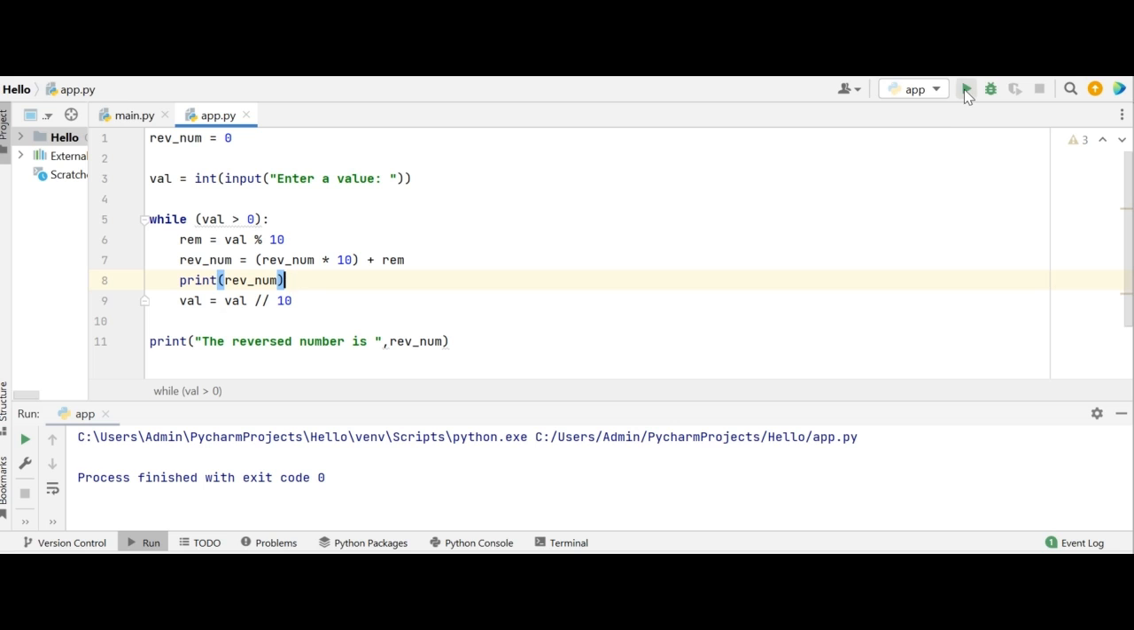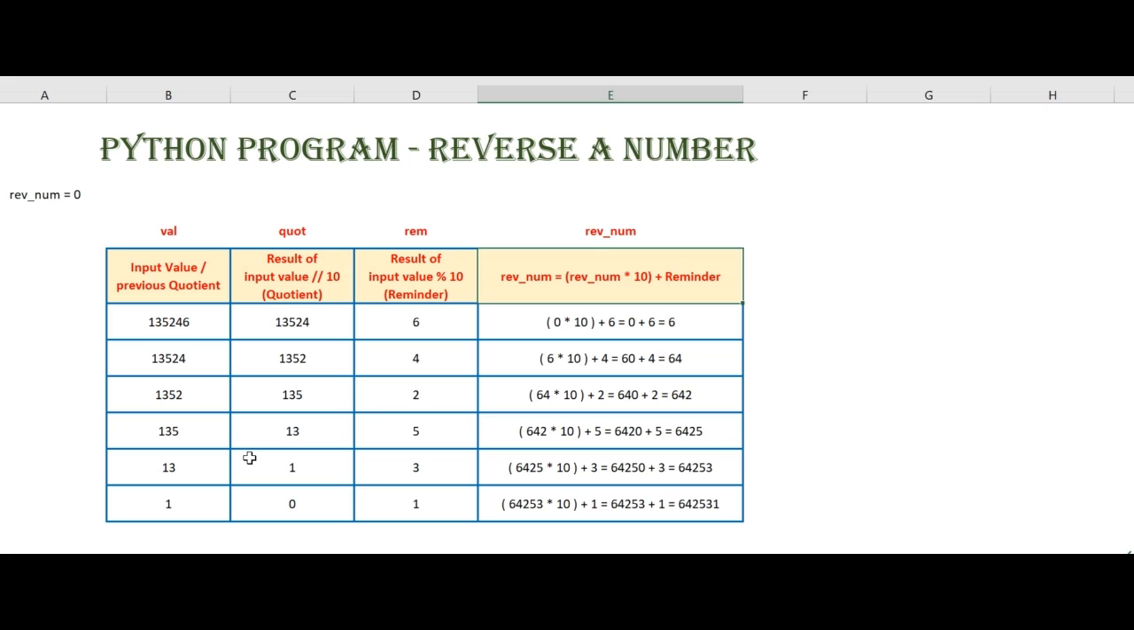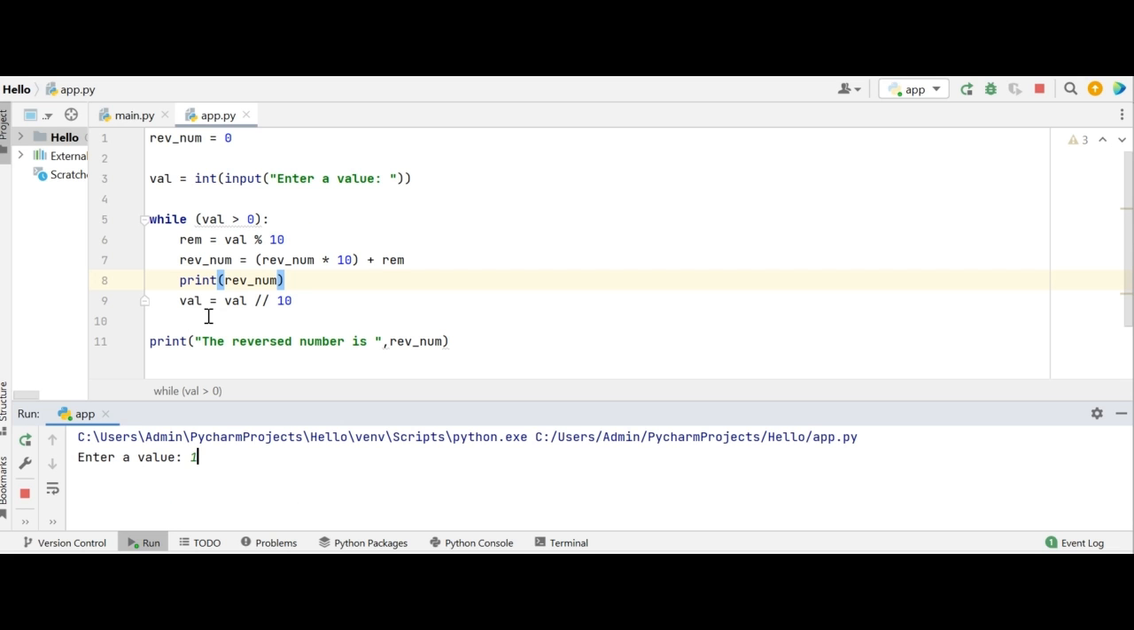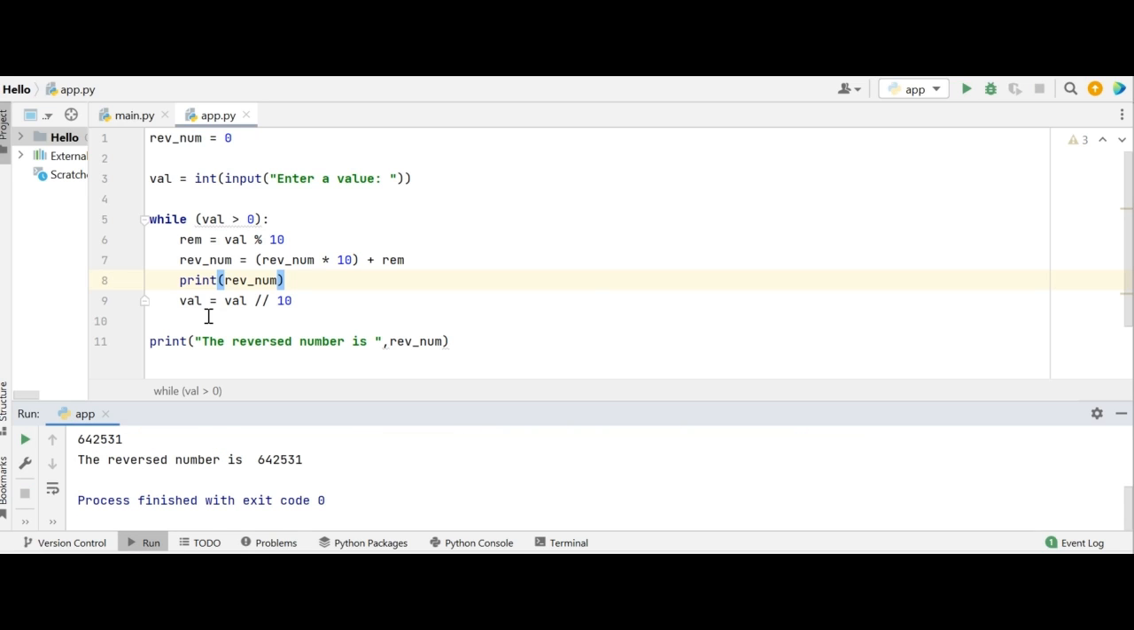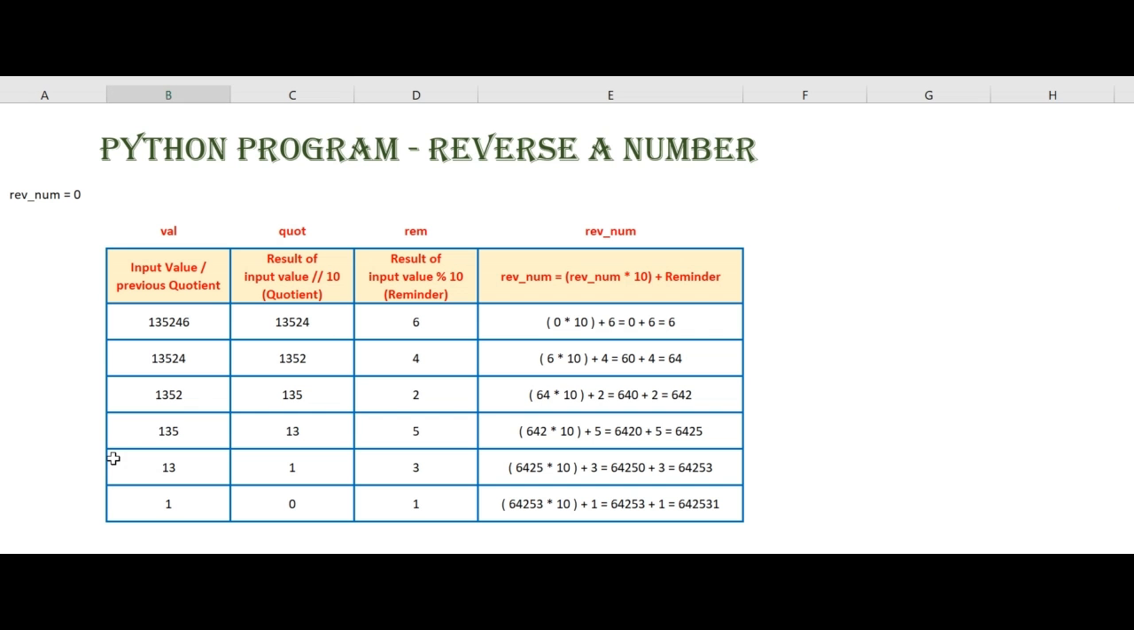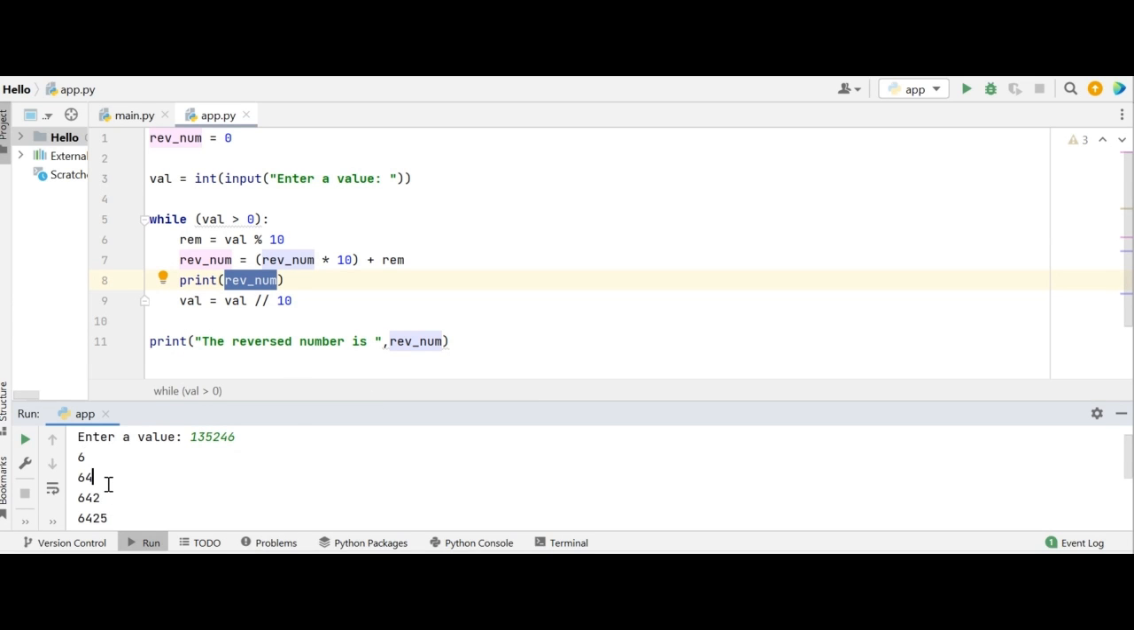Now if I execute this code, it is first going to ask me for a value. As I had explained in this particular example, let me give the same value. 135246. Enter. During the first iteration, the value of this particular reversed number is going to be 6. It is 6. During the next iteration, it is 64. Next, it is going to be 642,